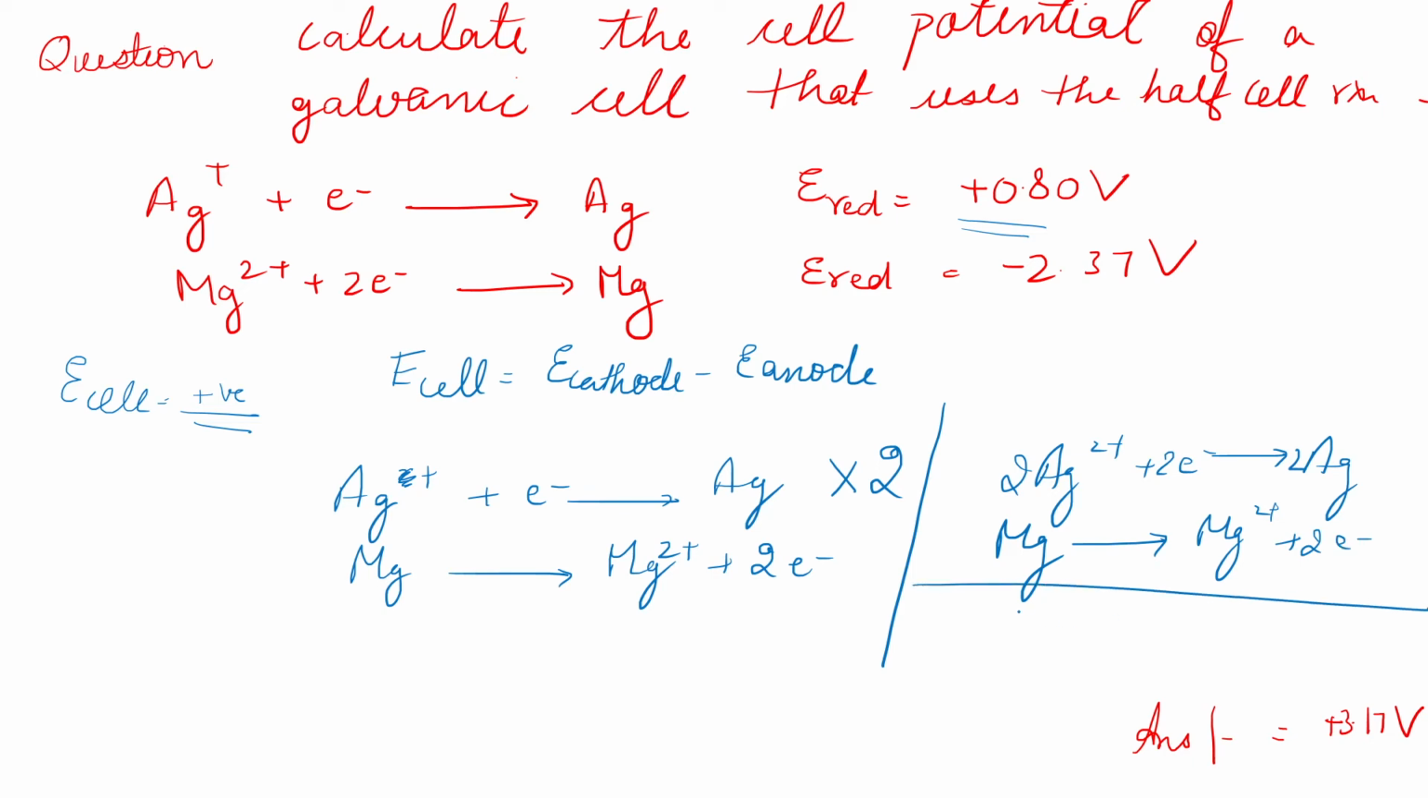So the overall reaction will be 2Ag+ plus Mg giving Mg2+ plus 2Ag. The 2 electrons on each side will be cancelled. For this overall reaction,